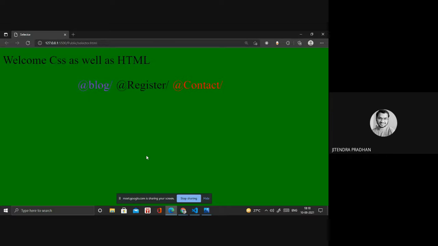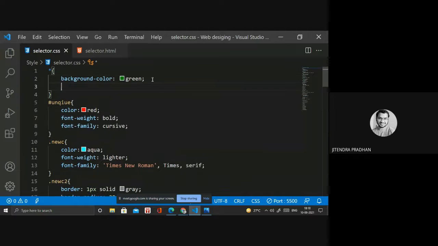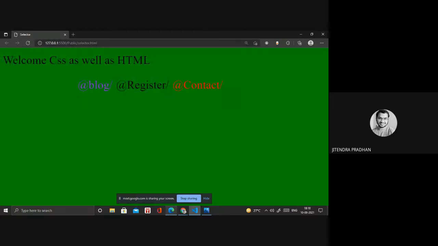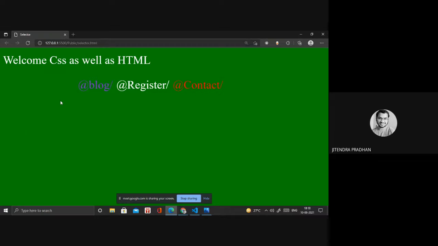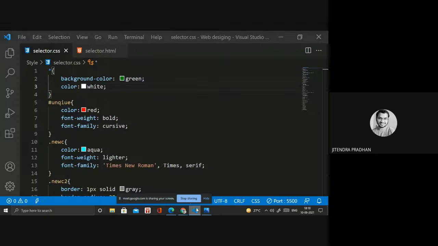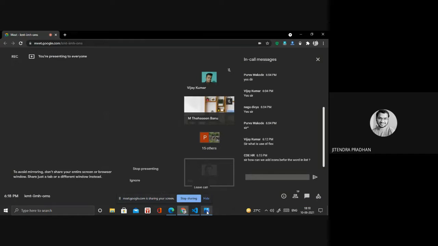Have you seen that? It's the whole page. If I write color white, it applies to whatever content we are writing, and it will change the color to white. And the reason the colors of login and contact are not changing is because we customized those colors ourselves. If you remove the particular first child and last child, then only the white color applies. Okay. If you have any doubt regarding the classes, please ask me. Then we have to go to color.